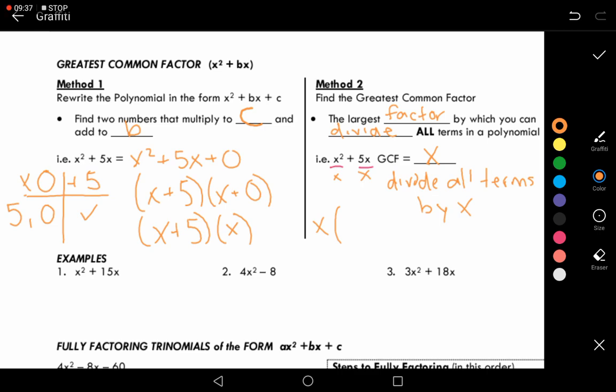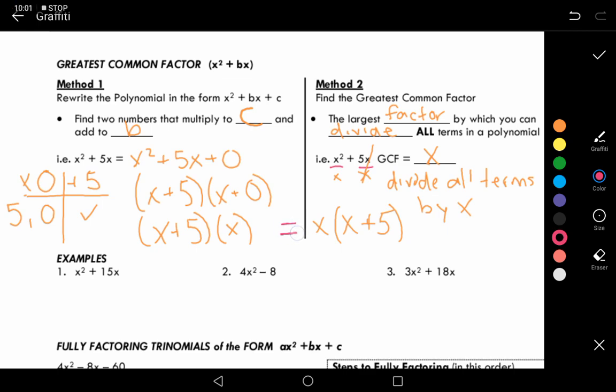Now I need to do x squared divided by x. Well, if I have x squared, I have x times x, and I'm going to divide out 1x, that means all I have is 1x left. If I have 5x and I take that x away, that x is now gone, so I'm just going to be left with 5. Okay, and you'll notice that